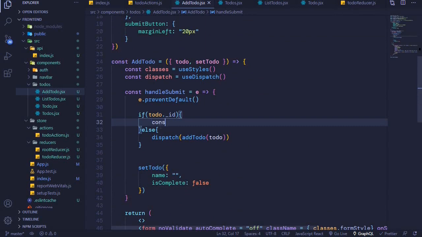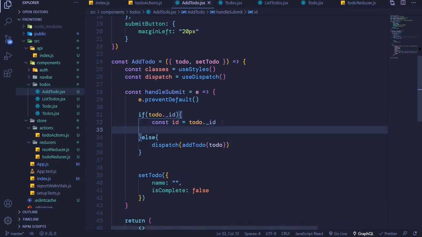So I can say const id will be equal to to do dot underscore id, and then we can define the properties of our updated to do. So right here we can say updated to do. Actually I can just say const